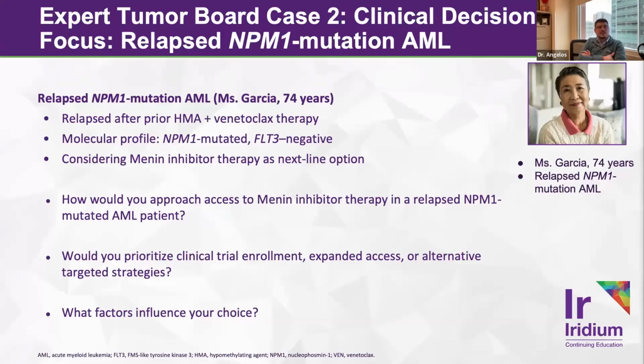And one of the major reasons for that is because the side effect profile, particularly the QTc prolongation, does tend to be markedly reduced with ziftomenib as compared to revumenib. And then also, from a patient taking the drug perspective, ziftomenib is dosed once daily as compared to revumenib, which is dosed twice daily. And so I might make a push here for zifto. However, if revumenib is the only one that's going to be able to get covered, also certainly a fine choice. I think any menin inhibitor is better than no menin inhibitor in this situation.